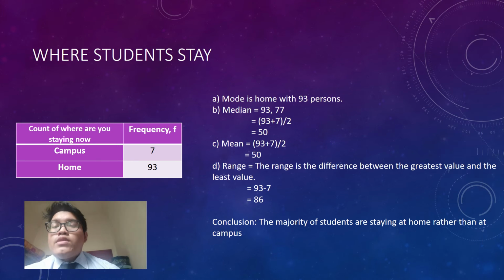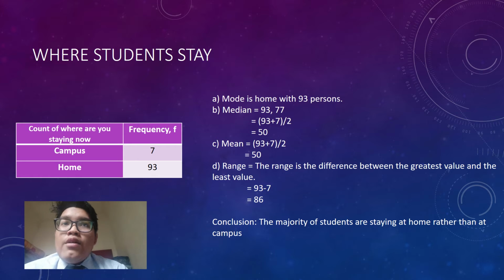The next question is where students stay. The count of where students are staying now is, for campus, 7%, and staying at home is 93%. So the mode is home with 63%, and the median is 93 and 7. So we need to count it like 93 plus 7